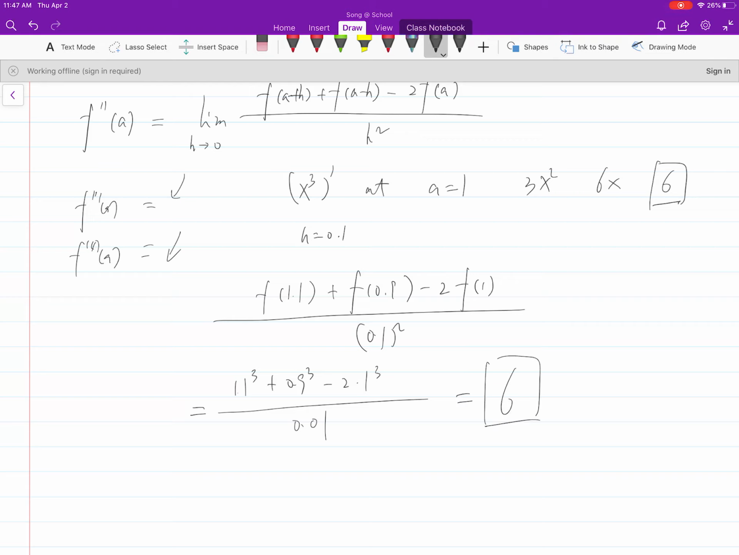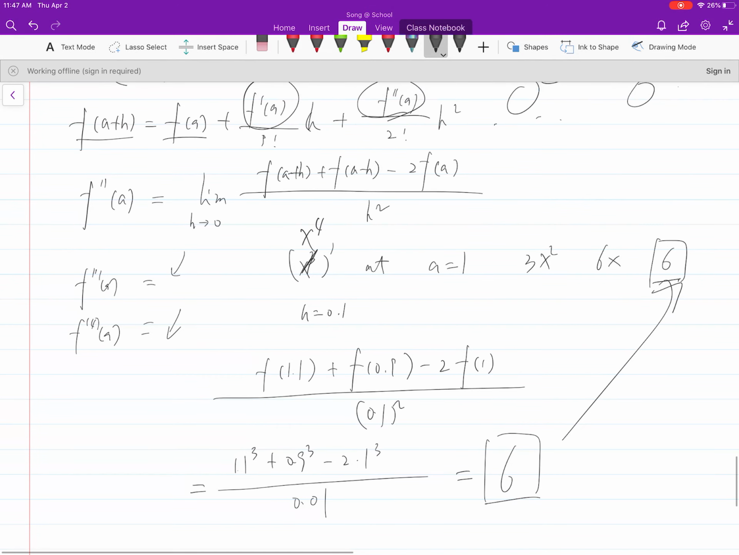The answer is exactly 6. Why? Because you use the 3 Taylor polynomials, so of course it's going to be exactly the same. That's beautiful. But you can try it with some other things, for example, x to the 4. Then you will have some error. But again, the error is going to be super small. Okay? So actually you can have numerical approximations